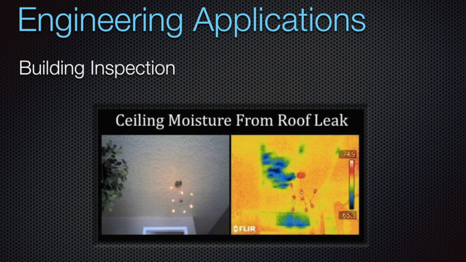For example, the picture here shows how an infrared camera is being used to detect a roof leak without the need to physically access the roof. The temperature distribution over the surface of the ceiling has a clear abnormality in the blue region, which indicates a lower temperature. This is an indication that there is a water leakage resulting from a fault in the construction of